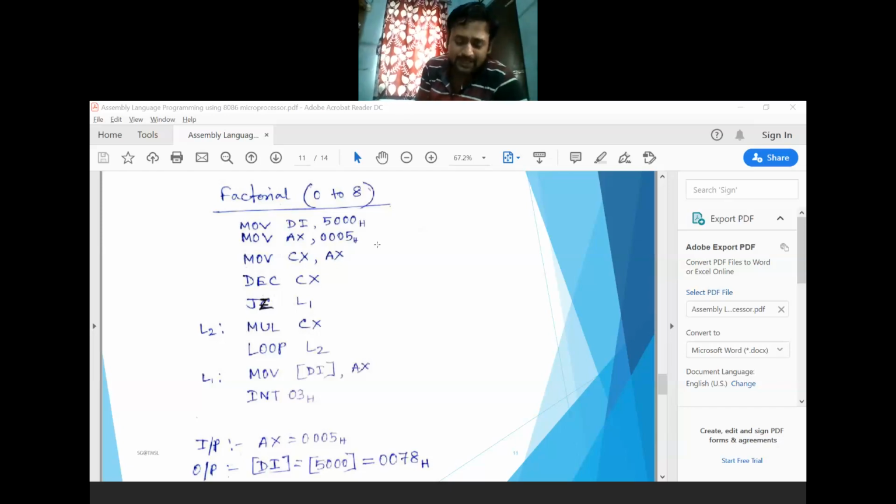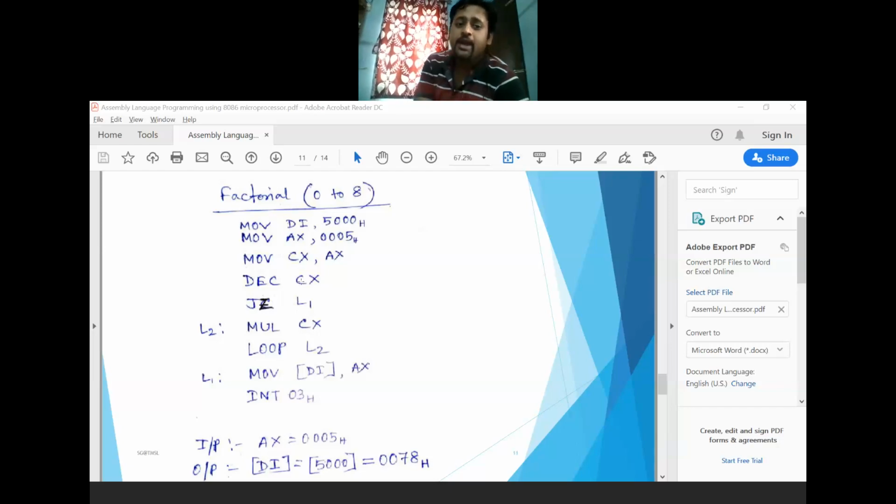That's why I have taken 0005 as my first number, which will be stored inside CX also. So AX gets 0005, CX also gets 0005. Now I'm decrementing the content of CX by 1, which gives 0004.